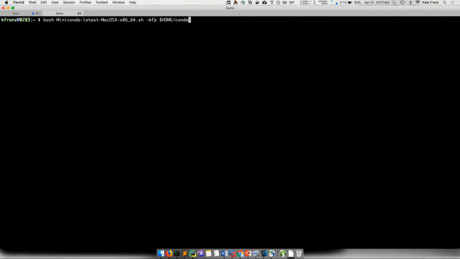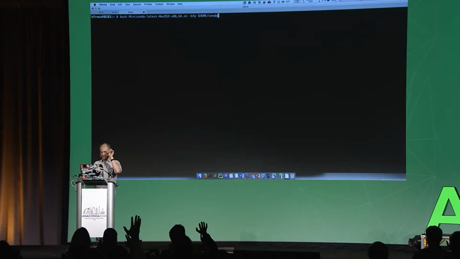Take the shards. By the way, how many people use Windows? How many people's primary machine is Windows? Is it at least half? Is it more than half? It's about half. All right.